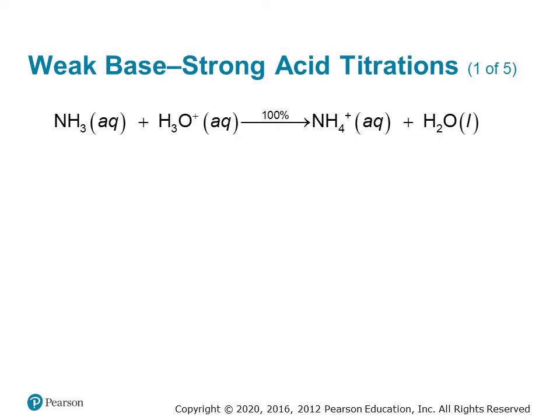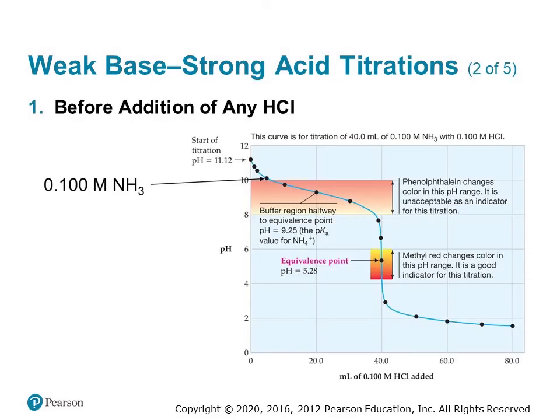Just like the case with acid-base titrations, we can determine things like properties or concentration of a base by titrating it with an acid. For the following example, we'll consider the titration of the weak base ammonia with hydrochloric acid, which of course is fully dissociated into hydronium and chloride ions in water. Before we add any HCl to the ammonia, we will, of course, have a solution of a weak base, and hence the pH will be somewhere above 7. For 0.100 molar ammonia, it works out to have a pH of 11.12